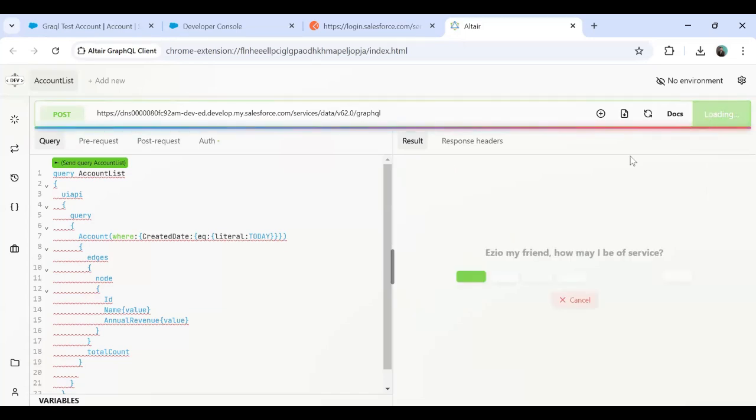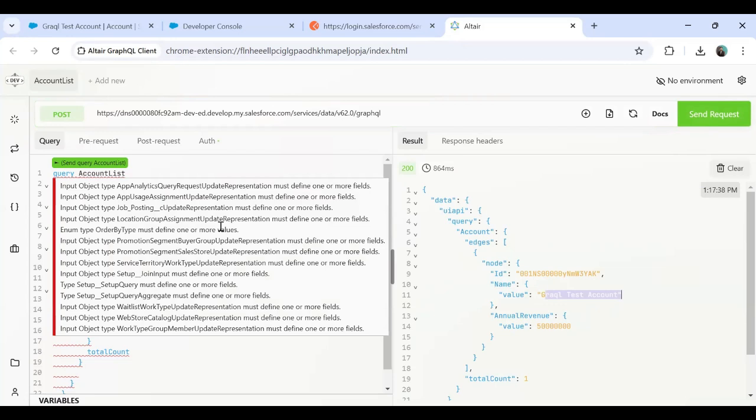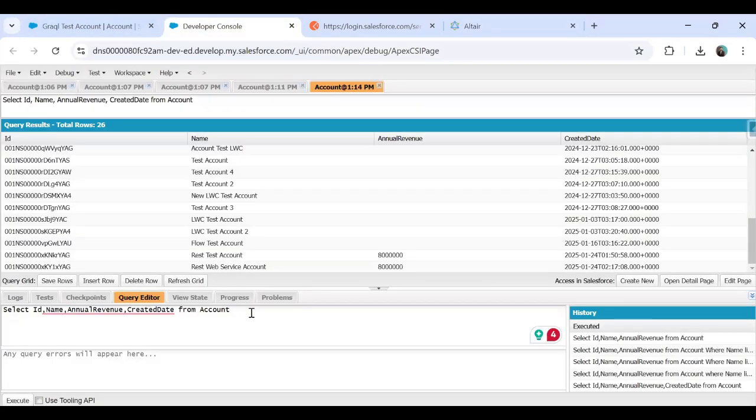This time when I make a request, I'm able to get this record because it was created today. Perfect. So that's the way we can query or filter out the records. Now the next is, I just wanted to display the records based on a condition, like all those records where annual revenue is between this and this. So we can say from account where annual revenue